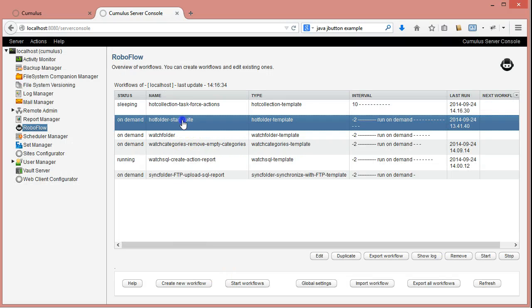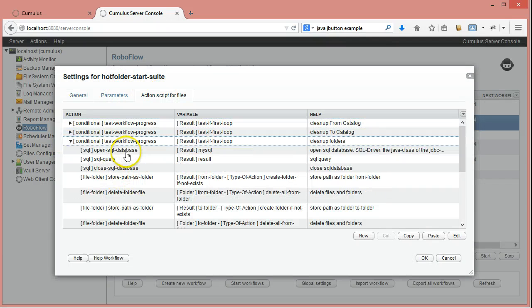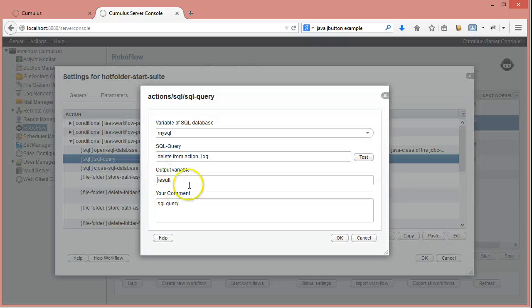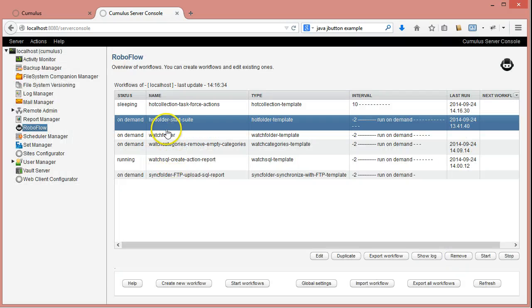In the start workflow, I added a cleanup call. So here it opens the database and then it deletes all the records. So whenever you run this first cleanup workflow, it will empty your SQL table, which is the purpose of this first workflow anyway, to clean up anything you might have done and start from scratch for the whole test suite